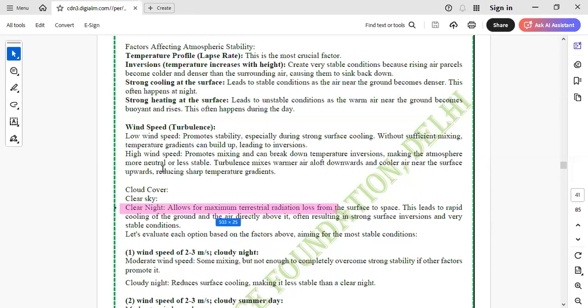Allow for maximum terrestrial radiation to lose from the surface to space, and this leads to a rapid cooling of the ground and the air directly above it, often resulting in strong surface inversion and very stable condition। तो surface inversion के लिए जरूरी है कि cloud clearance ना हो।